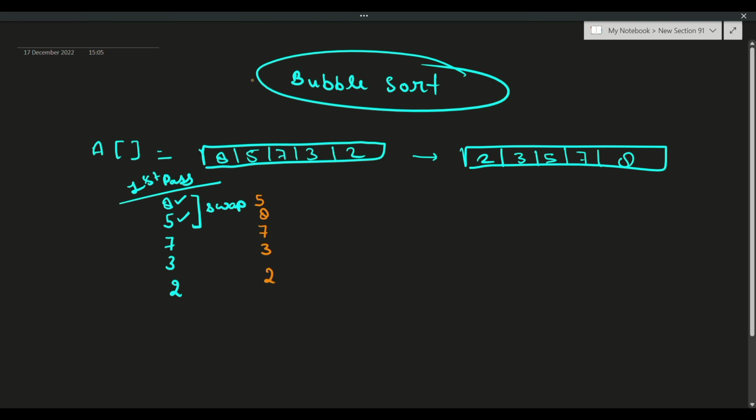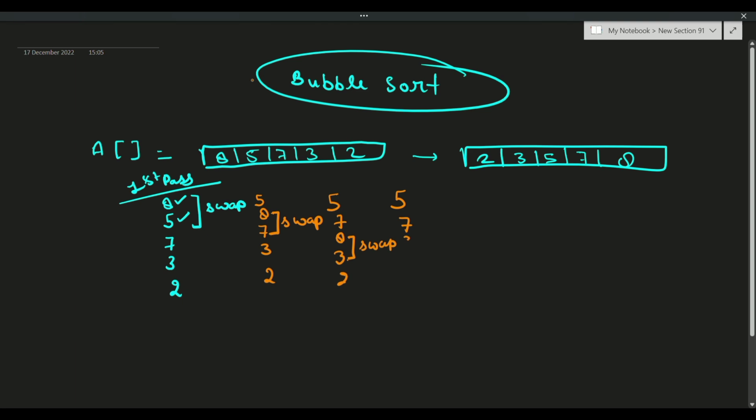Now we check this element 8. If 8 is less than 7, then we remain it as it is, and if it is greater than 7, then we have to swap it. After swapping, we get 5 7 8 3 2. Then again we check: if this element is less than 8, we keep it the same; if it is greater than 3, we swap again.